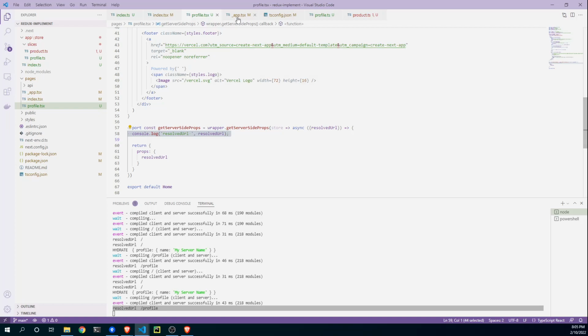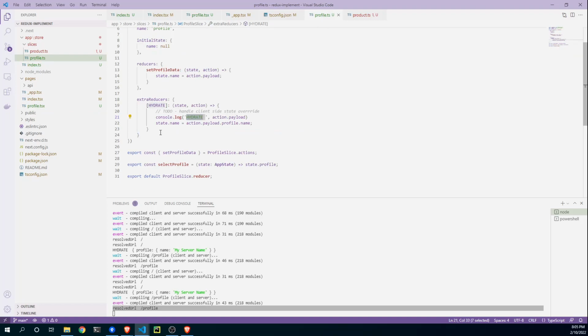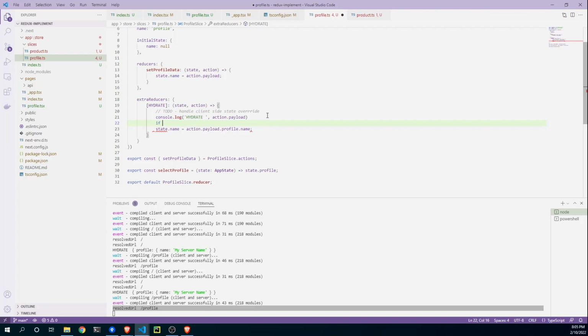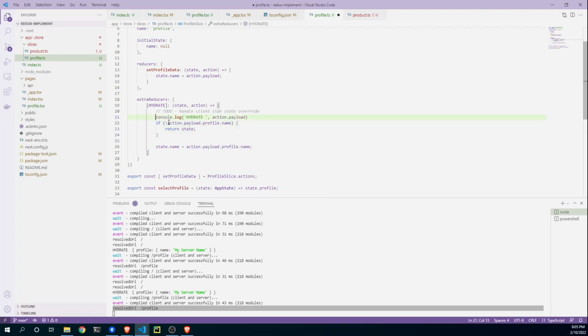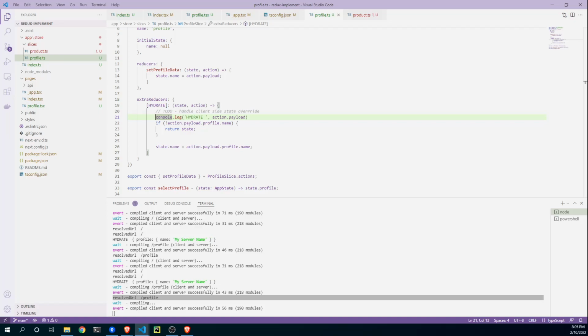And the way to fix this, and this is where I spent all of my brain cells, is to make sure that you modify the state on the client only if you have the data that you're interested in. So here you can do something like if action profile name, or if not action profile name, return state. And what this will do